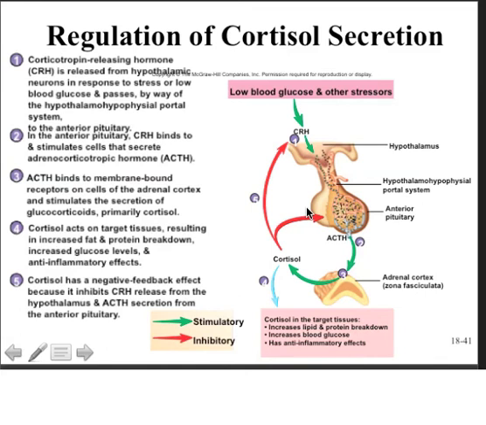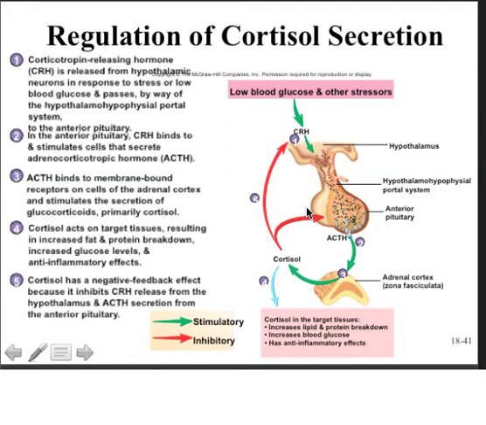So this is just a look at how cortisol secretion is regulated. So remember that we're talking a hierarchy that involves both the hypothalamus and the pituitary gland. So corticotropin releasing hormone is generated by the hypothalamus in response to stress or low blood glucose. It passes into the hypophyseal hypothalamic portal system to the tissue of the anterior pituitary, where it stimulates the production of adrenocorticotrophic hormone. This then enters the bloodstream and binds to membrane-bound receptors in the adrenal cortex, stimulates the production of glucocorticoids such as cortisol, which will then act on its targets, promoting fat and protein breakdown, glucose synthesis, and